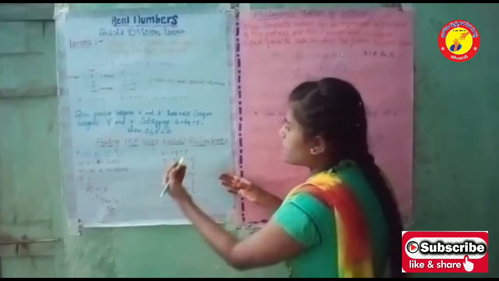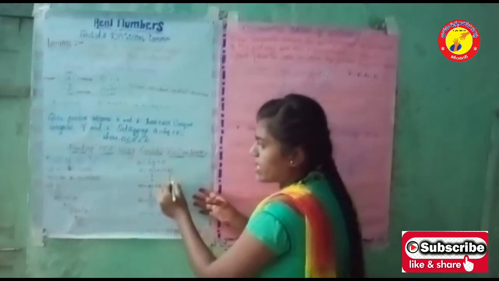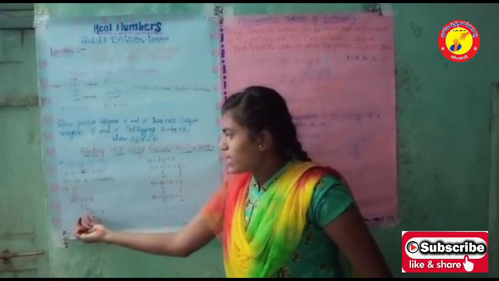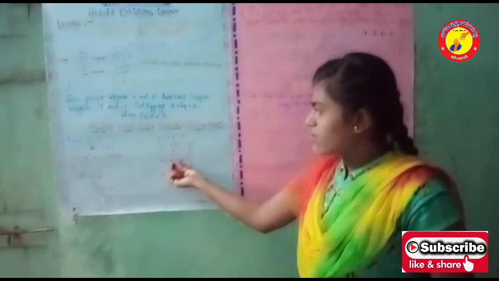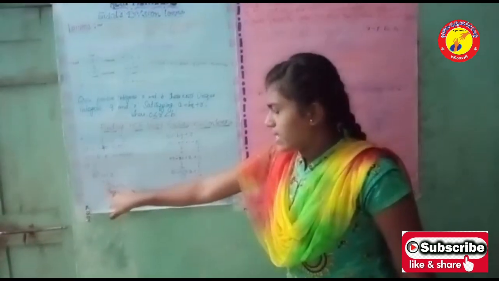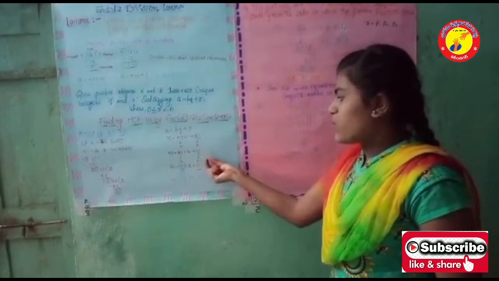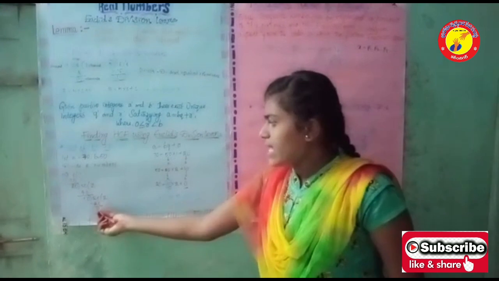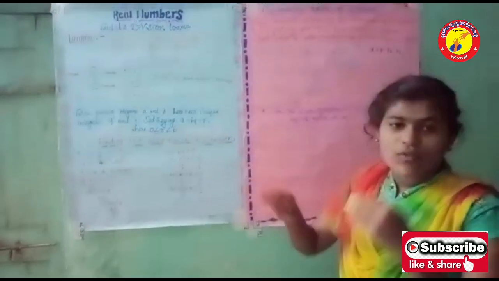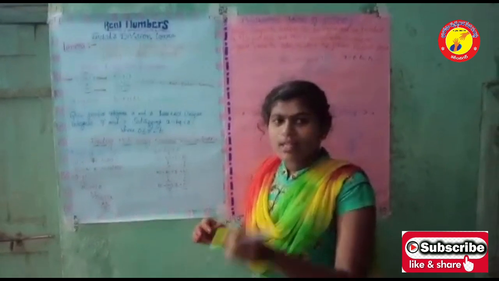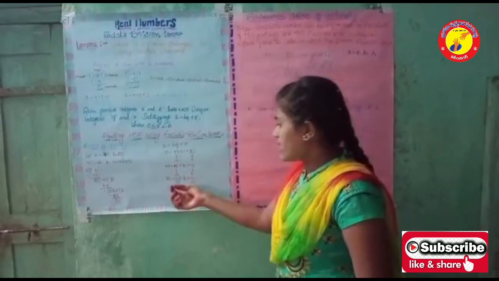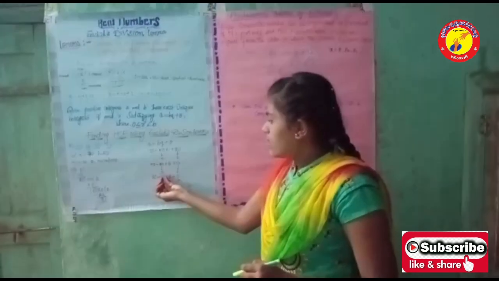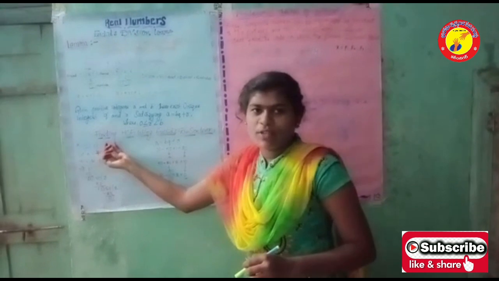Following the same steps, take the bigger number as A and the smaller number as B. Divide 50 by 20: 20 twos are 40, and 10 will be the remainder. So 50 is equal to 20 into 2 plus 10. Now again take the bigger number as A and the smaller number as B and divide: 20 twos are 20 and 0 will be the remainder. When we get 0 as the remainder, we stop the process and look at B. So 10 will be the HCF of the given two numbers 50 and 70.